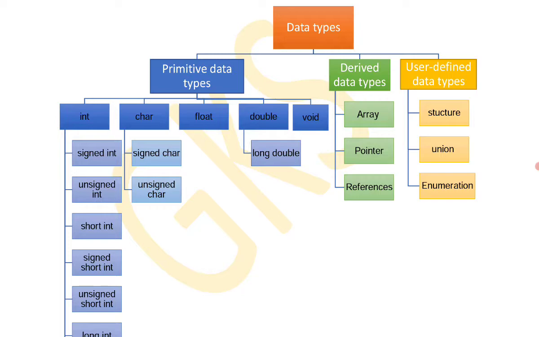The fourth one is the double data type. Double means long real numbers or long floating numbers. Again, double data types are of two types, double and long double. The fifth one is the void data type. Void means nothing, blank, if any variable or any function without any